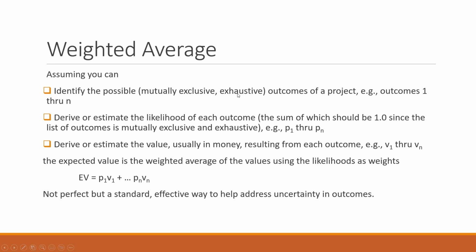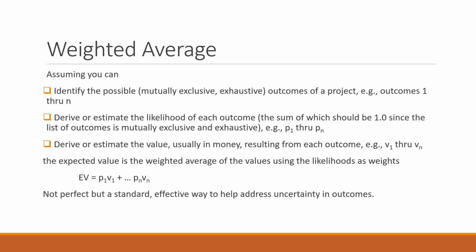outcome. So exhaustive means we've identified all the possibilities, and we're just going to say those are numbered 1 through M. Then you get some more information you need, the likelihood for each outcome. And the sum needs to be 1 or 100%, since they're exclusive, and we might call those P1 through Pn for probabilities. And then for each outcome, you derive or estimate